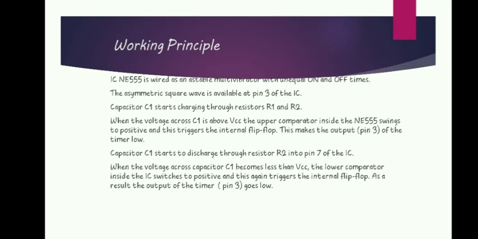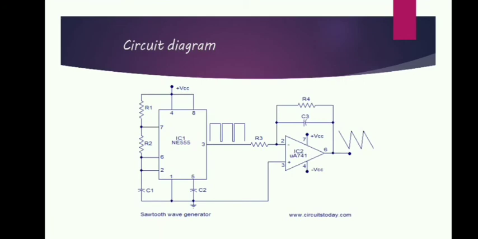When the voltage across the capacitor C1 is above 2/3 of the VCC, the upper comparator inside the NE555 will swing to positive saturation, and this will trigger the internal flip-flop. This will make the output pin 3 of the timer low. Now the capacitor C will start to discharge through the resistor R2 into pin 7 of the IC, as shown in the diagram. When the voltage across the capacitor becomes less than 1/3 of the VCC, the lower